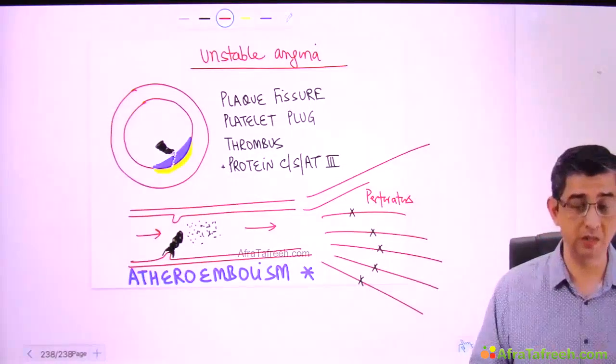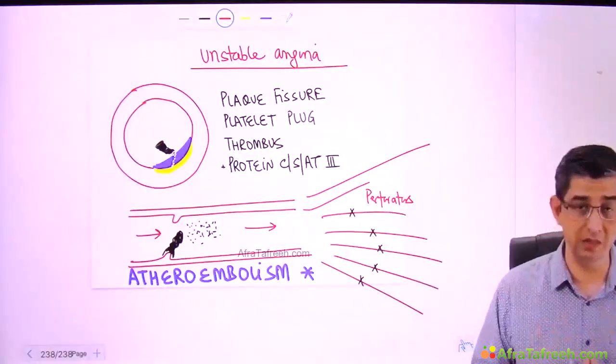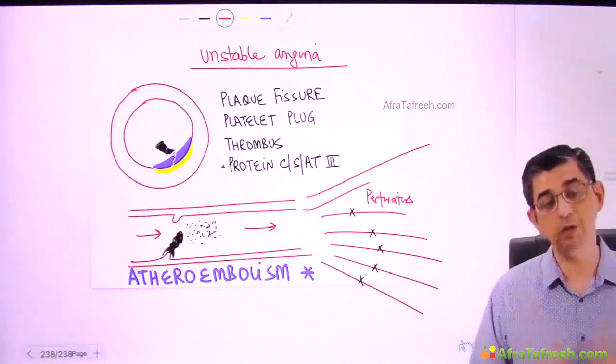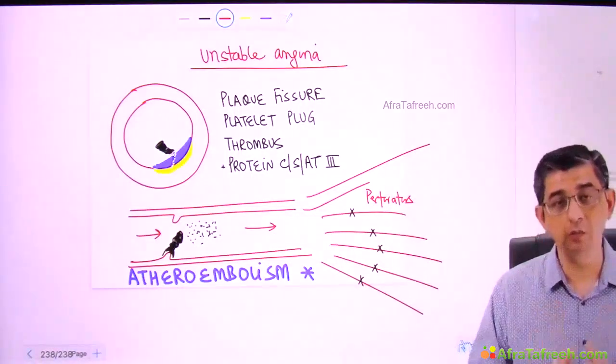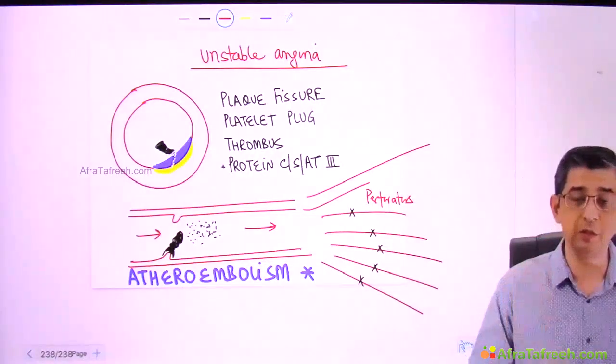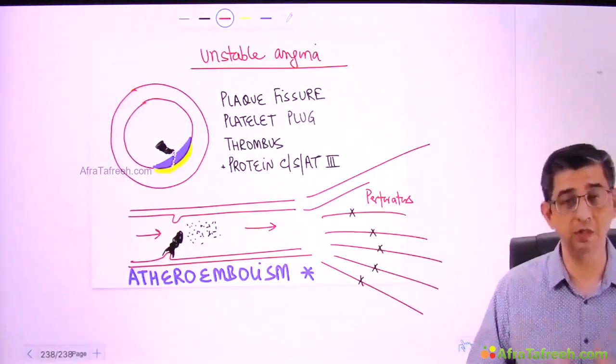If I do thrombolysis in this person, if I as a doctor am not able to identify this condition, and I do thrombolysis assuming it is MI, because MI will also have chest pain at rest, and unstable angina will also have chest pain at rest. If I do thrombolysis in this person, will it cause benefit, or will it break this clot into further small pieces, and they will get distributed into the distal circulation, and it will worsen the patient?